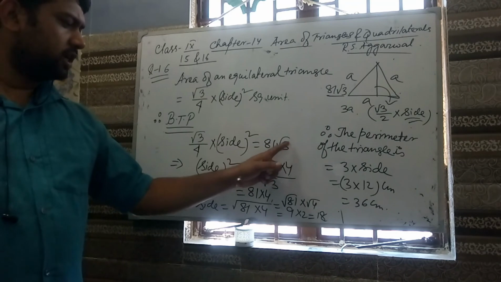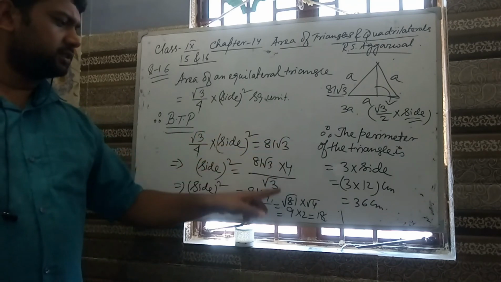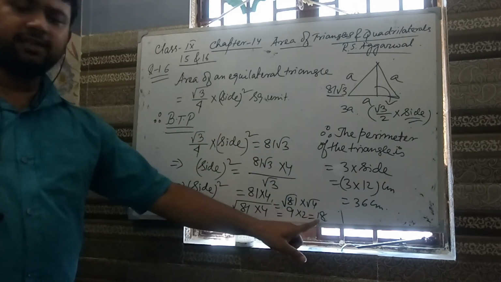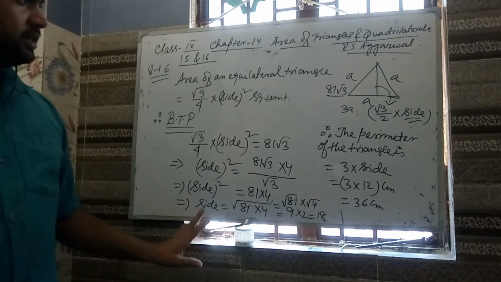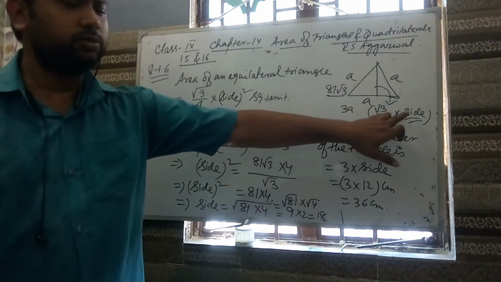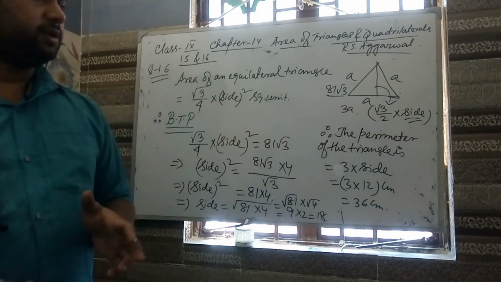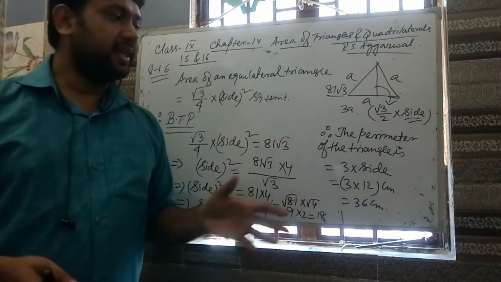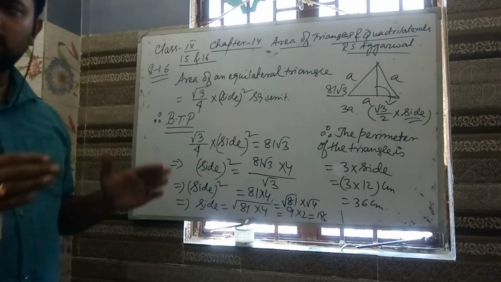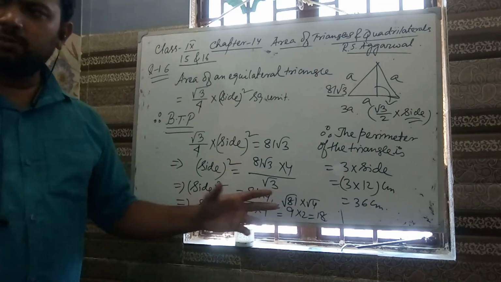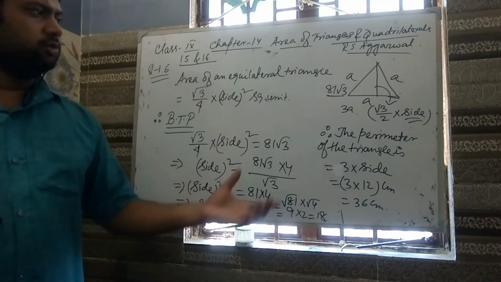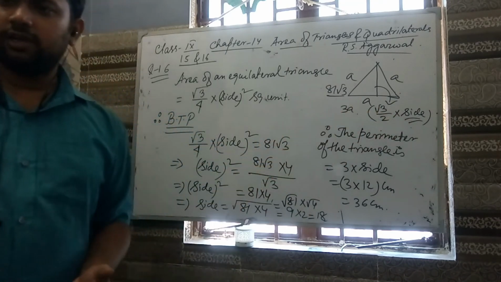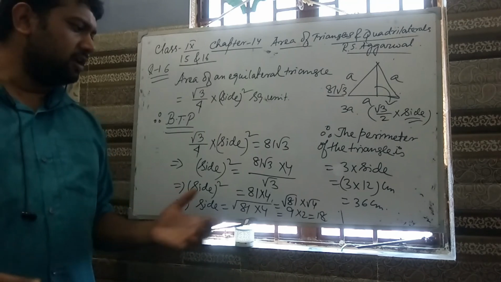From this equation we have to find out the side first. So side is 18. Now we will use this side in the formula root 3 by 2 into side. In the book it is given root 3 by 2 into a, where a is the side of the equilateral triangle. So first of all you have to find out the side. Then only you can find out root 3 by 2 into side. If you do not know the value of the side,